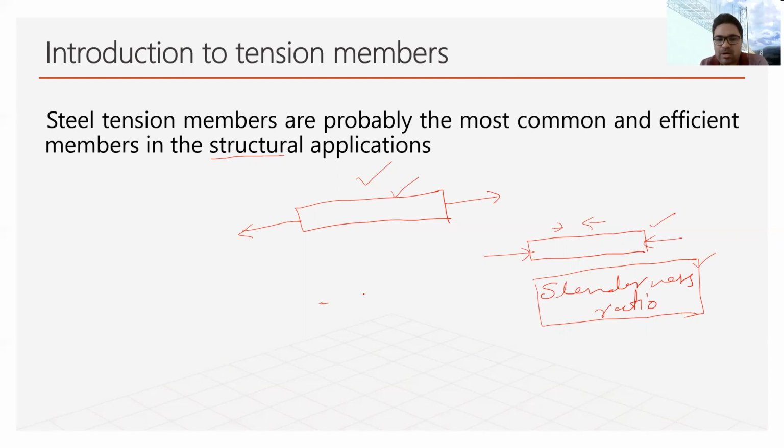Well, if we talk about a small member like this, we are compressing it. Similarly, at the same time, if I am talking about a longer member and we are trying to compress it, there is a possibility that the smaller member will have less slenderness ratio. It is actually represented by lambda. So it has less lambda, and that is why we are able to utilize the maximum strength of this smaller member.